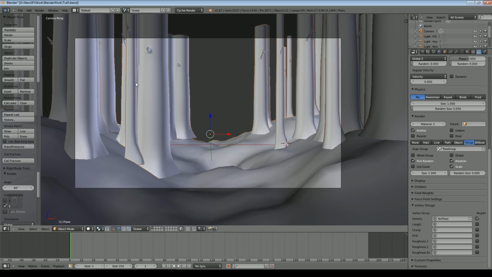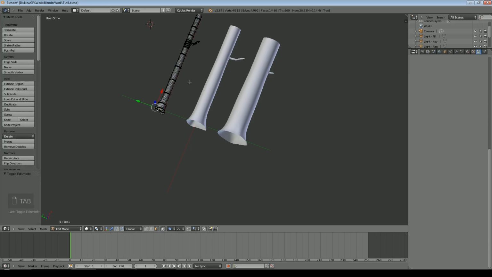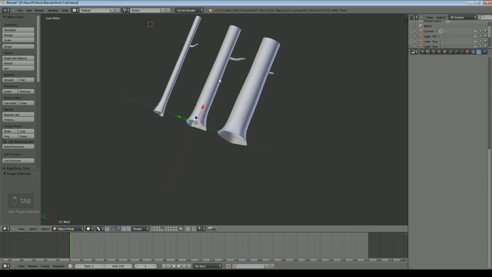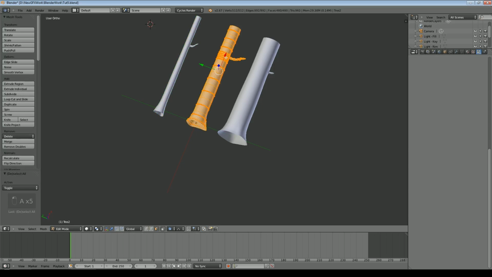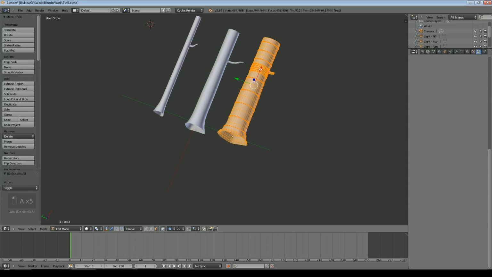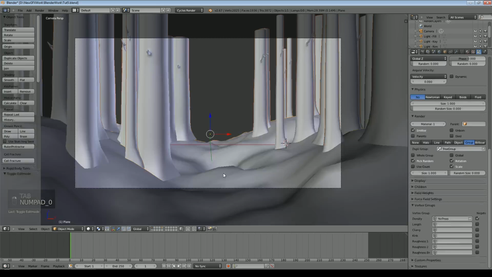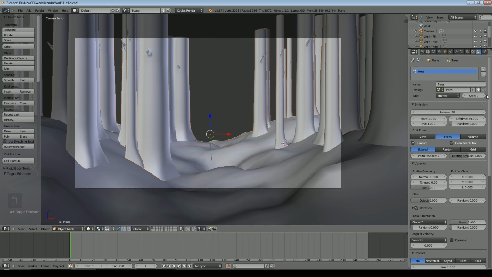So before we go any further, I can see I've got a small tree there that's not beneath the ground because of where the origin is. So I'm going to select that small tree, go into edit mode, select all the vertices and just move it down a little bit, and then I'll do the same with that tree and the same with that one. Go back to here, go back to my camera view, and there you go, you can see that it's now in the ground. If you don't like that particular distribution of trees, you can change it by clicking here.